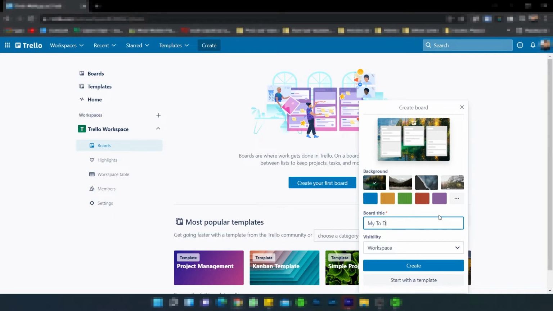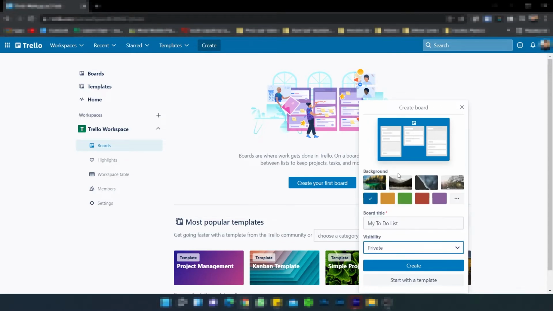Now, in most cases, your boards are going to represent a project or maybe your own personal to-do list. In this case, I'm just gonna call this My To-Do List. We can now select the type of background we desire. We can always modify it later, but for now, I'm going to go with a plain blue background for us to work with. Finally, I'm going to make this one private so that no one else on my team can see it. We can now select Create Board with our new title, and we have a brand new Trello board